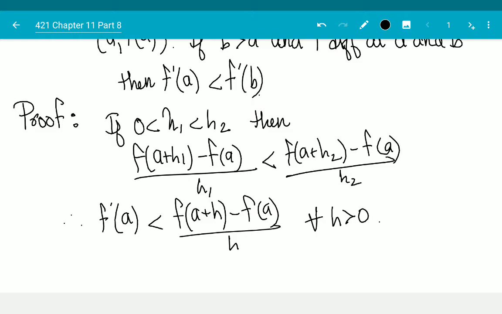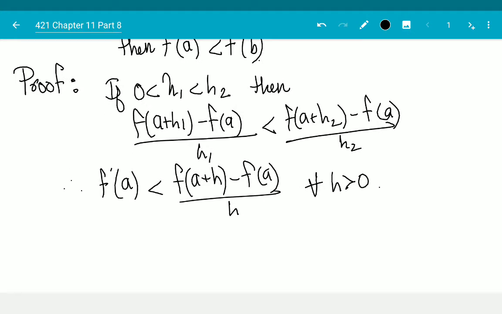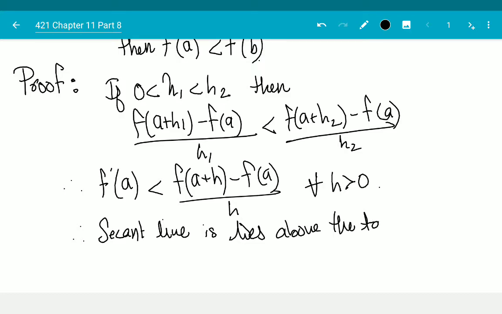And that means the secant line lies above the tangent line,